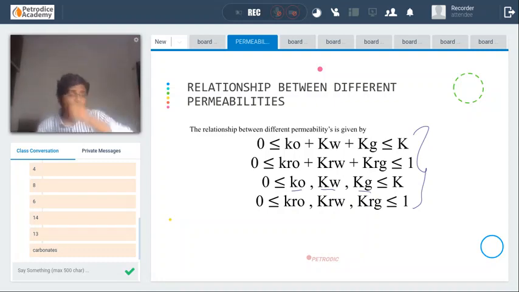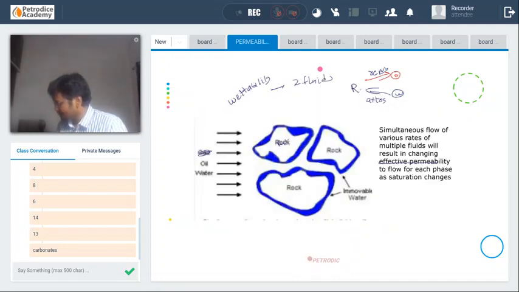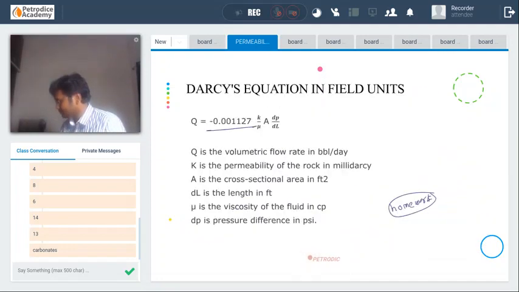Next is Klinkenberg effect. Guys, we will stop here right now. And for tomorrow's class, first complete the exercises in Abhijit Dandekar. Second, complete the homework that I have given you. Complete the unit conversion and all the questions in the Abhijit Dandekar book. We will discuss the questions of Abhijit Dandekar in tomorrow's class.